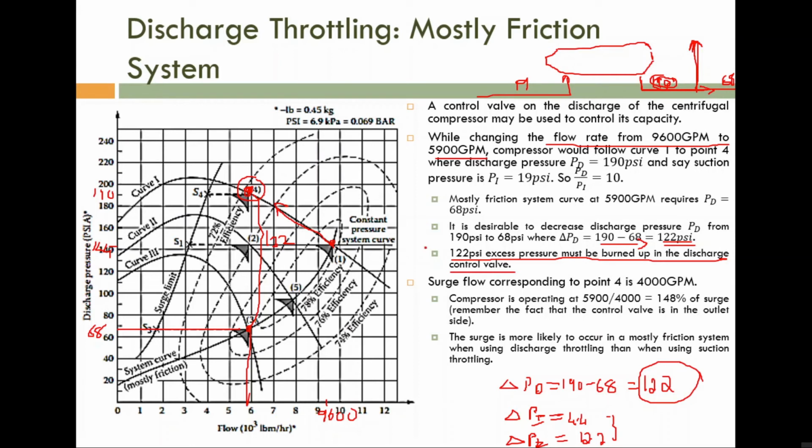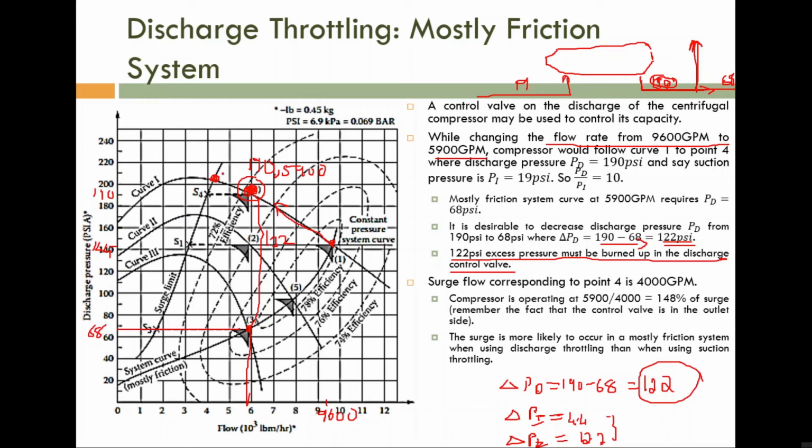And second one, I told you compressor point of view, the compressor is raising the pressure to this value, that is 190 psi. Compressor is not reducing pressure to this 68, or if you are using this one for constant pressure, it is not reducing pressure to 144 psi. So the operating point, compressor point of view, the operating point is 190 psi. And what is the corresponding flow? 5900 gallons per minute. And you can see that this operating point is very close to the surge point, because this operating point is lying on curve 1 where the surge flow is this one.